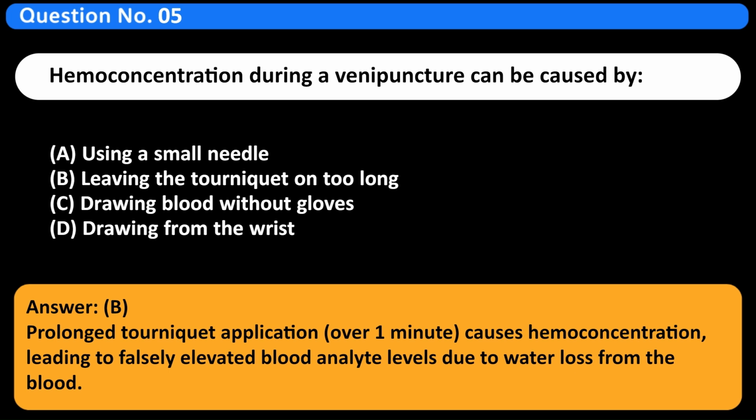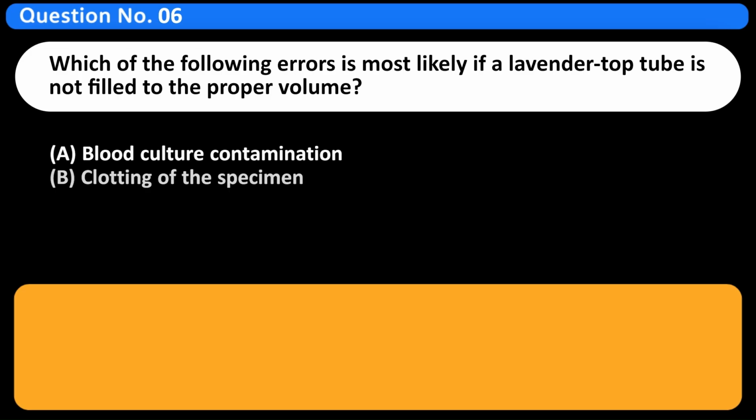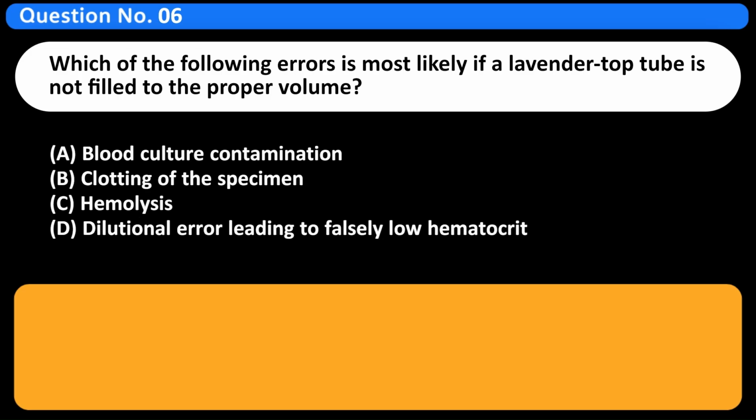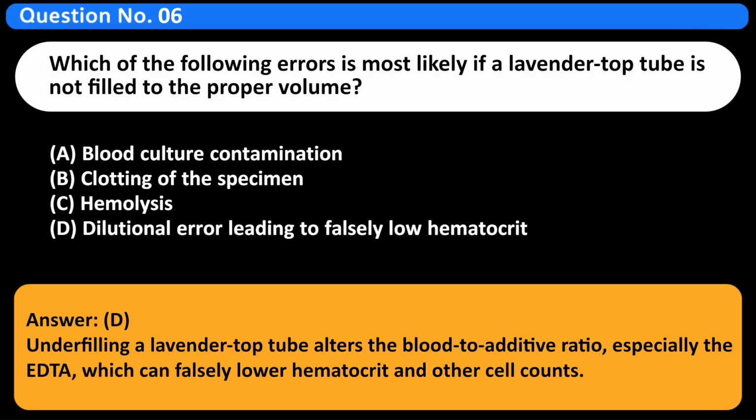loss from the blood. Which of the following errors is most likely if a lavender top tube is not filled to the proper volume? A. Blood culture contamination. B. Clotting of the specimen. C. Hemolysis. D. Dilutional error leading to falsely low hematocrit. Answer: D. Underfilling a lavender top tube alters the blood-to-additive ratio, especially the EDTA, which can falsely lower hematocrit and